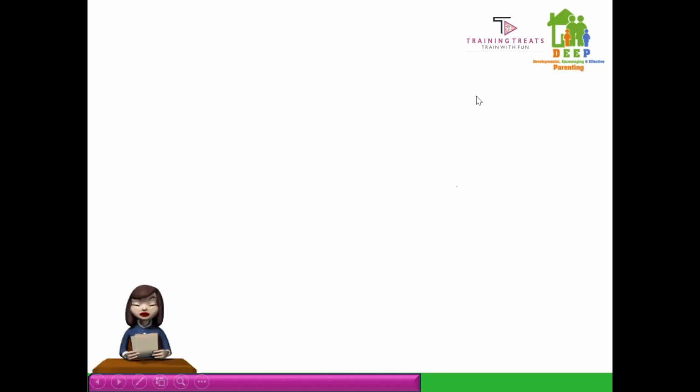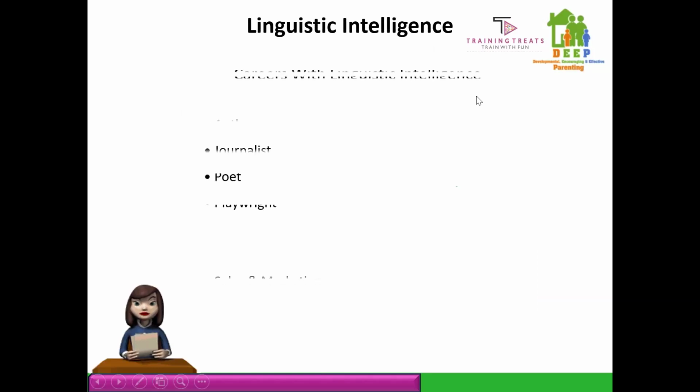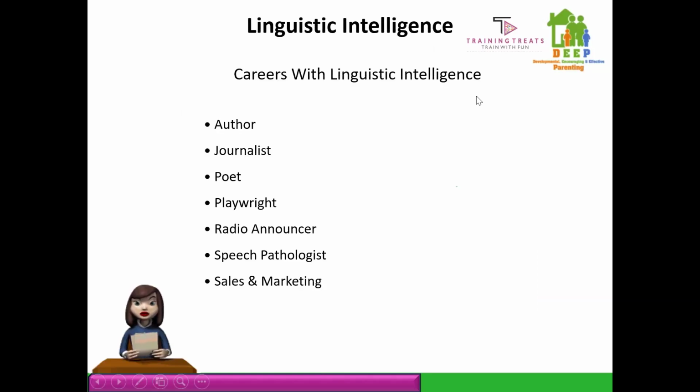And in today's evolving world, there are new jobs and new arenas opening up. The child can become an author, journalist, poet, playwright, radio jockey. They are earning quite a lot nowadays with their linguistic capabilities. Sales and marketing is one place where people earn as good as they are. Foreign language interpreters. I just found out